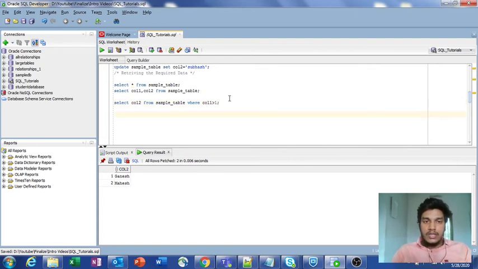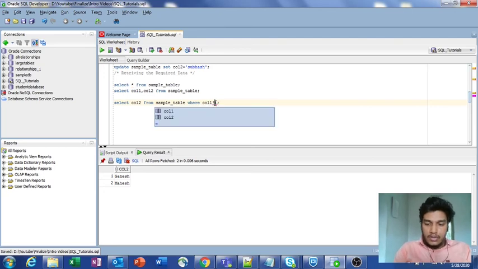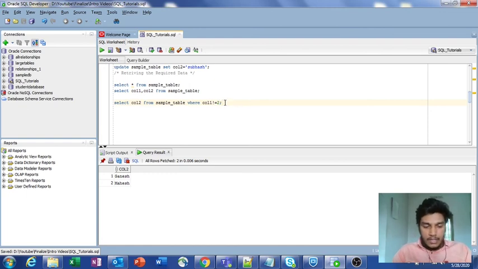You can use whatever relation you need: greater than, less than, equal to, not equal to. Suppose I mention column 1 is not equal to 2, and I run it, it will print Rakesh and Mahesh instead of Ganesh. This is how you can do it. I am going to explain all the relational operators in the coming lectures. Once you learn that, you will be able to use those relations in several queries.